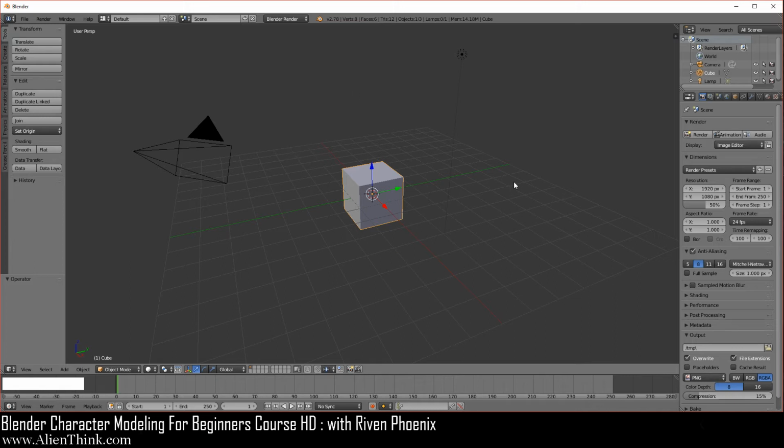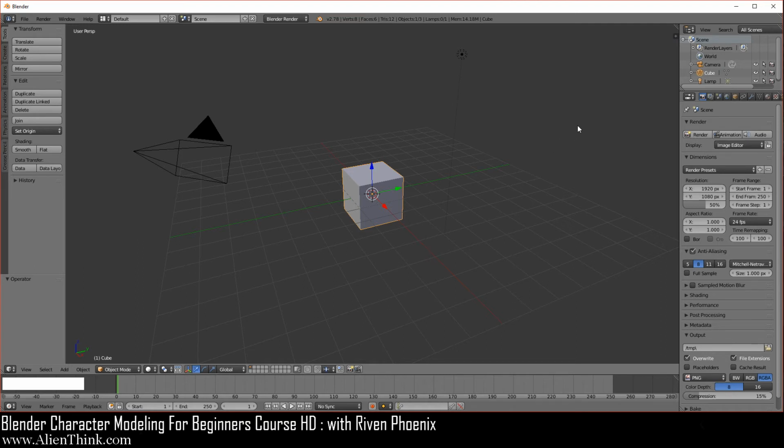Now, when you open up Blender, you can see that we have this box in the middle, and they have this weird looking thing over here, and then we have another thing over here. So this is basically a lamp, this is your camera, and this is your 3D model right in the middle. So what you're looking at here is the 3D view, and this is known as a window type.